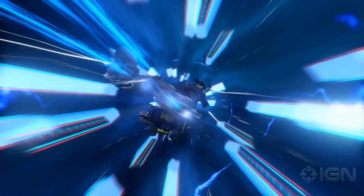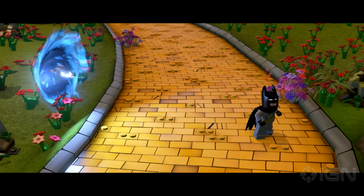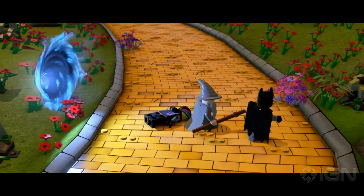All right. Here we go. I'm still controlling my character on the screen here, even through the vortex. Got it. Would other characters also be able to in multiplayer? Yes. But equally, even now, you could drop a new character in just by placing them onto the toy pad. Got it. All right. And here we are. We'll start at Oz with the characters as we've seen in the story,